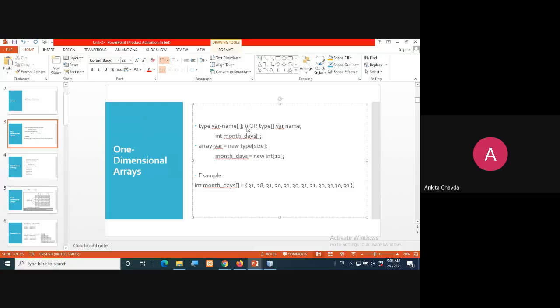They are both the same, so you can write it either way. Sometimes you will see such syntax in books, and we are generally using the other form. So don't get confused; both are allowed. This is what we have seen.